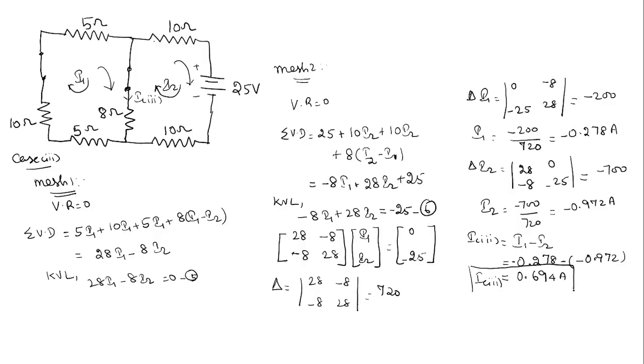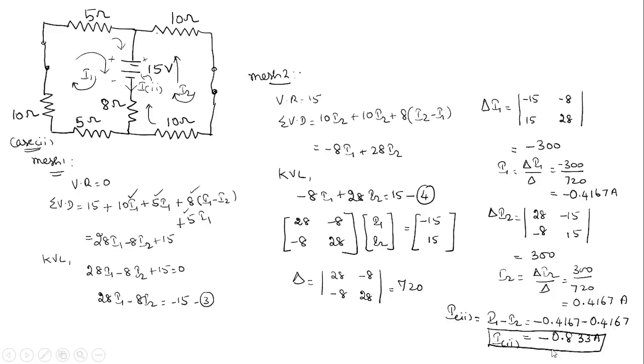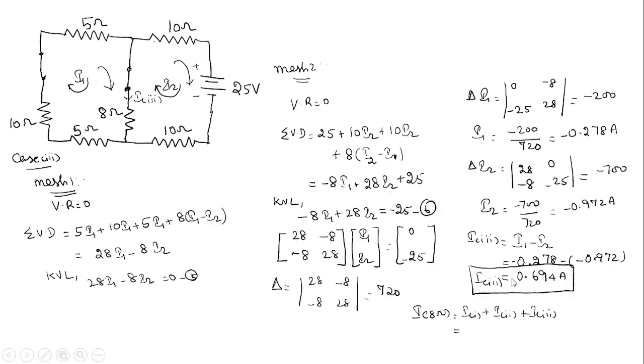So now for finding out the total current flowing through this 8 ohms resistor, we have to add all these three: I suffix 1 plus I suffix 2 plus I suffix 3. I suffix 1 we have already derived, which is 0.417. Then I suffix 2 is minus 0.833, and I suffix 3 is 0.694. Okay. So adding all these things,